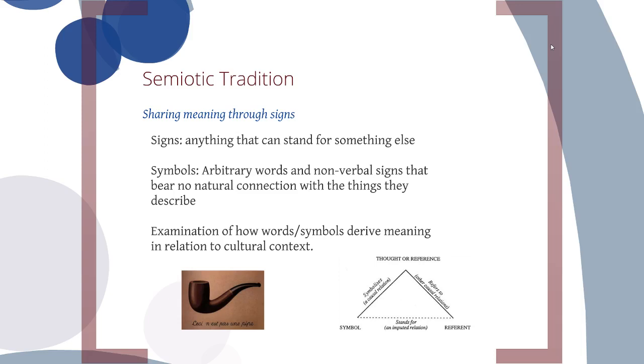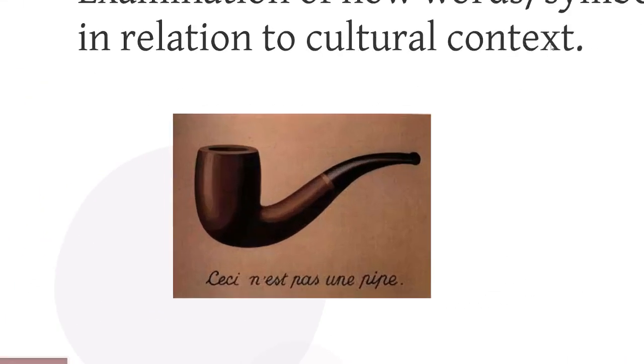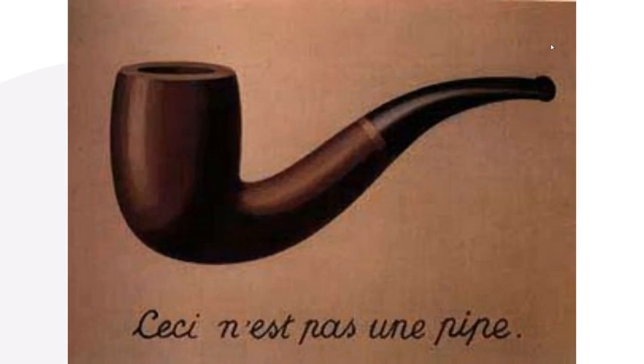But the idea here in semiotics is that we're going to study how signs operate and how signs gain meaning, and how the meaning around those sorts of signs is related to a cultural context, but also changes significantly over time. There's all kinds of ways to theorize about that, and you have some folks from back in the day that had some fun with that.